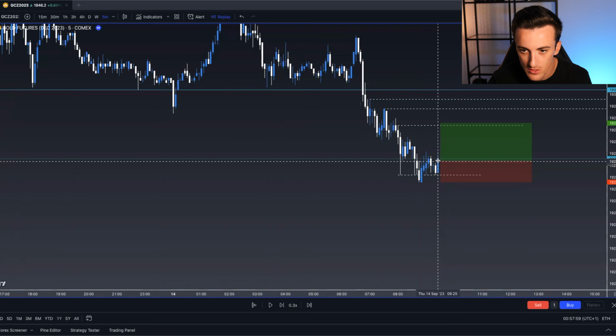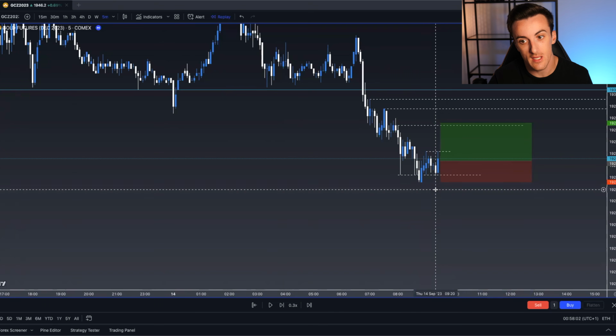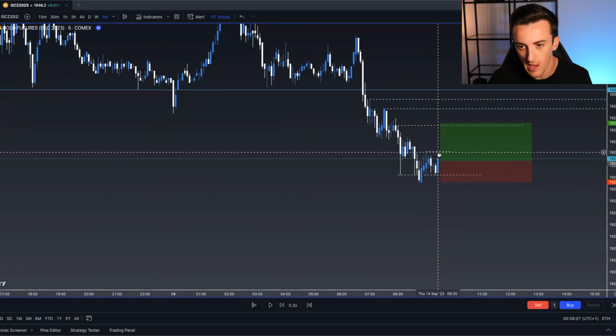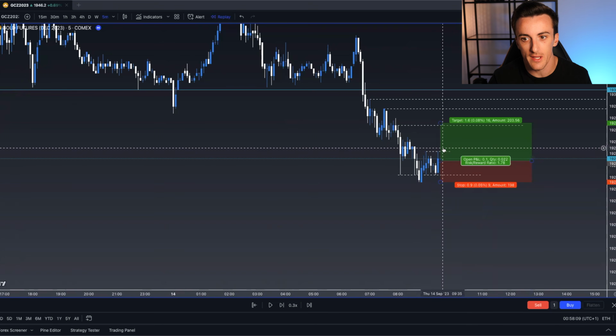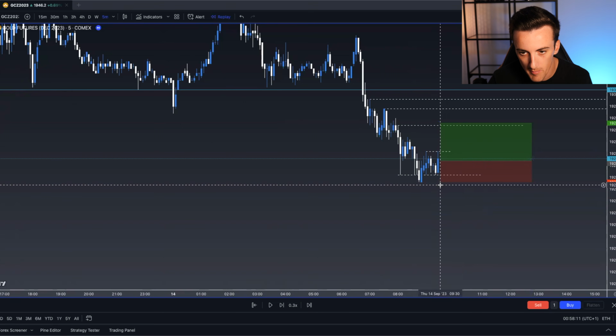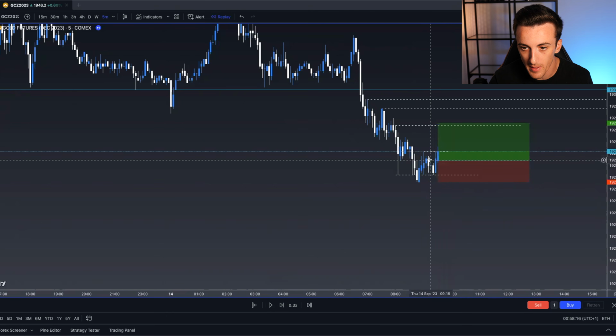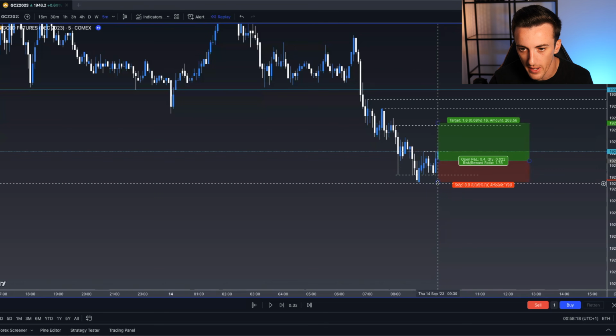The great thing about this entry was we were also creating some upside liquidity here. You've got this double top, so basically I already know that if price is going to have a push back down, we're going to grab these highs. So as soon as we grab these highs, I can start minimizing my risk, amazing, that's what I'm going to do. So there's my entry, price came back down, retested the prior highs, and then spiked up into them highs,